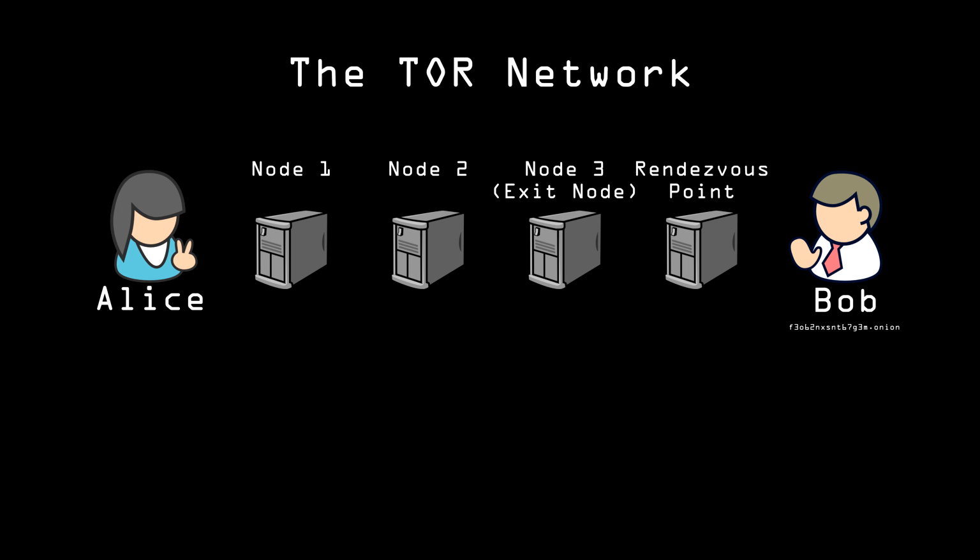world. For Silk Road, it's thought that either the FBI or the NSA put thousands of potential rendezvous points online, figured out where the rendezvous point for Silk Road was, and ran a denial of service attack against it. This forced the assignment of a new rendezvous point for Silk Road, and they just kept that up until one of their nodes became the rendezvous point, at which point they could track the server on the actual internet.